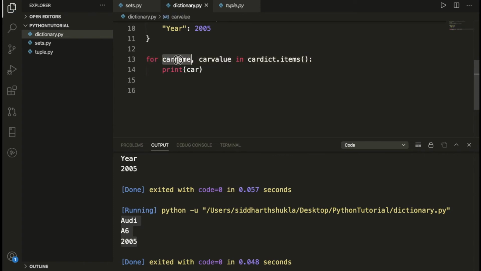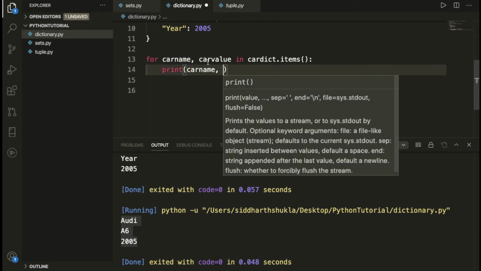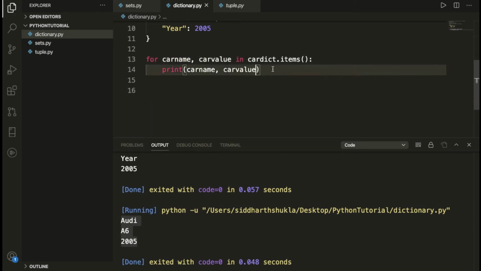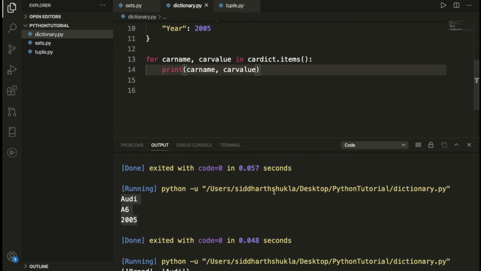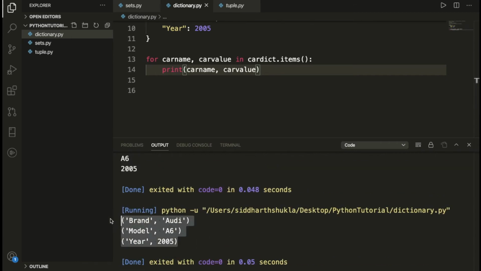If I write something like this, then we have car name and car value, which I executed here. Let me check that. Yes, we have the key and value format. We have the brand which is Audi, model A6 and year 2005. So we can execute the program like this. This is a predefined function which is items. We can get the result using items.